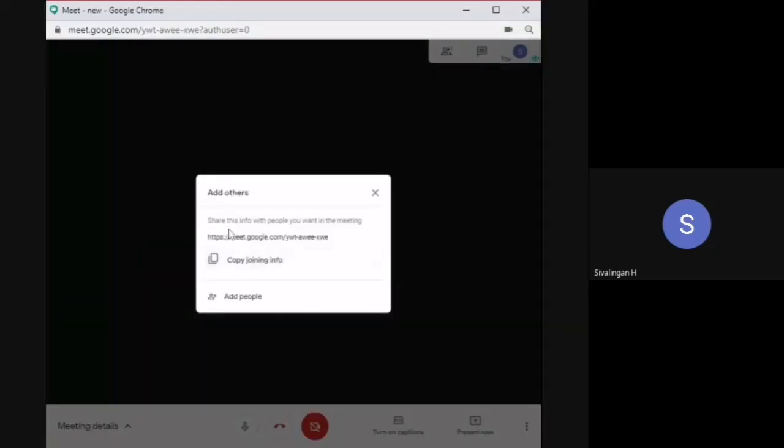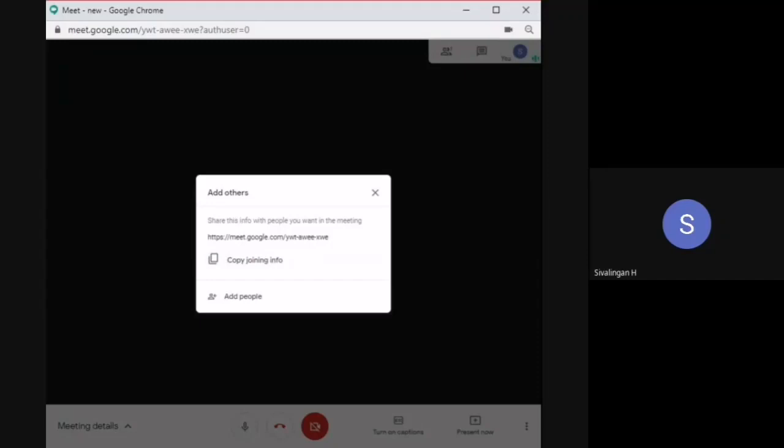There you can see a message: share this info with people you want in the meeting. This is something you have to give to others. You can see the meeting ID. A Google Meet ID is always like this: three letters, a hyphen, four letters, a hyphen, three letters.